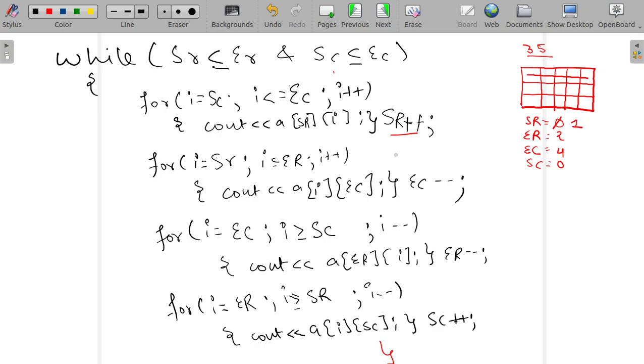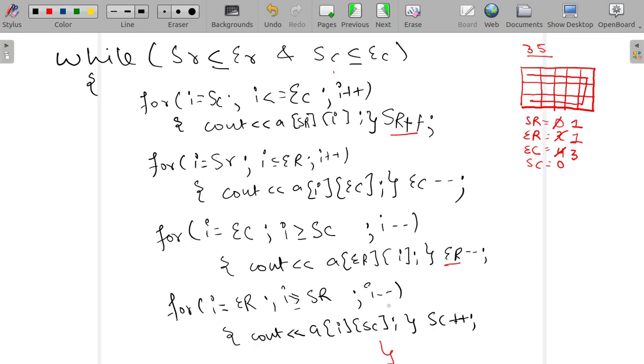Okay, now in the second loop our value of EC will get decremented and we will print this much part, right? Value of EC will get decremented, now it will become 3. Okay, in the third loop we will print our values till here, and the value of ER will get decremented, right?